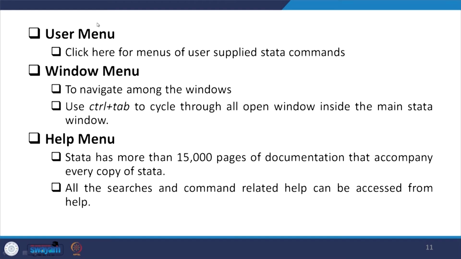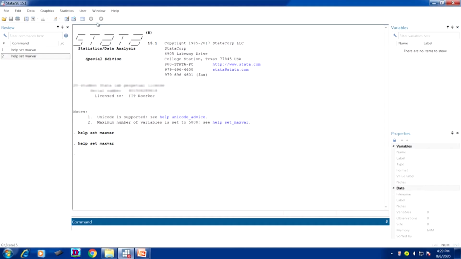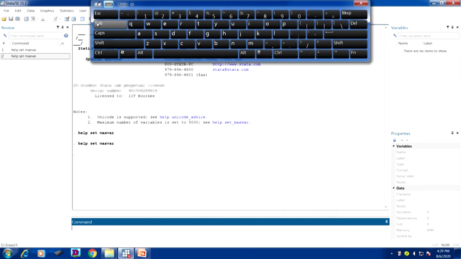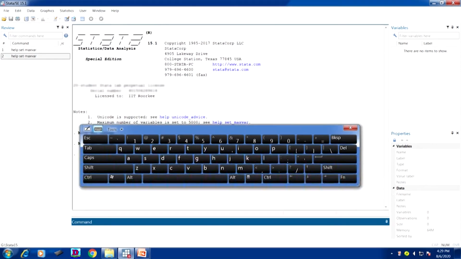Okay. Now, if you just click control and tab, it will automatically navigate from table, then review, then variables, then properties, then command automatically. Let me try for you. Control and tab. I am just going to do it here for you.